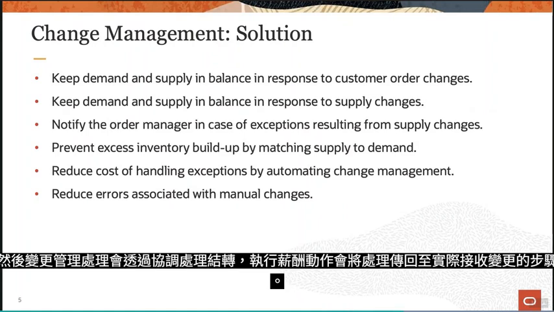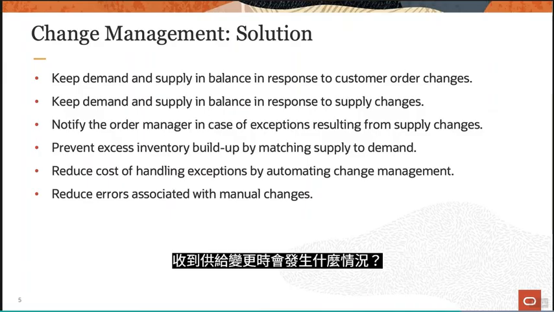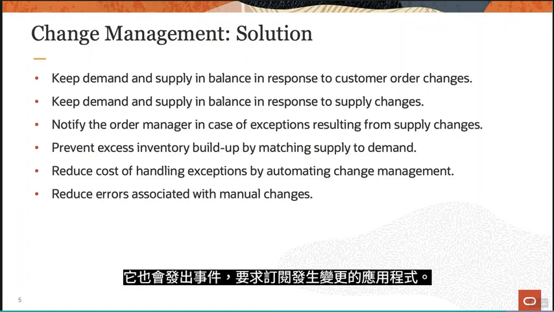When a demand change is received from order management, SCO makes a corresponding change on the supply, and supply and demand are kept in sync. And what happens when a supply change is received? In purchasing, this would allow buyers and suppliers to implement changes on back-to-back purchase orders. It also raises events to signal to subscribing applications that a change has occurred. For supply orchestration, automation and change management will trigger an alternative source of supply when the original supply document, which is a purchase order for example in this instance, has been canceled. It will also support change